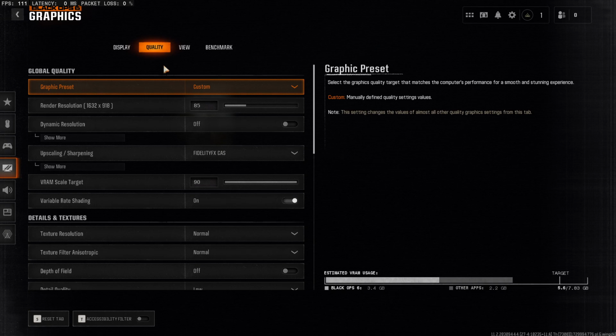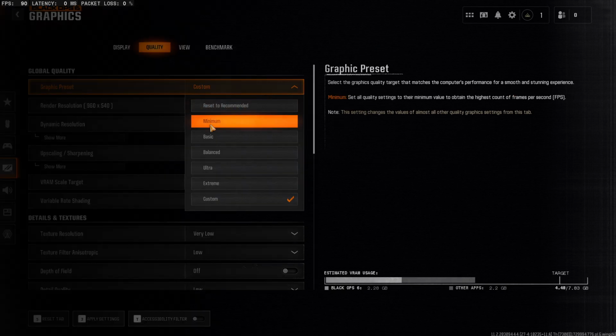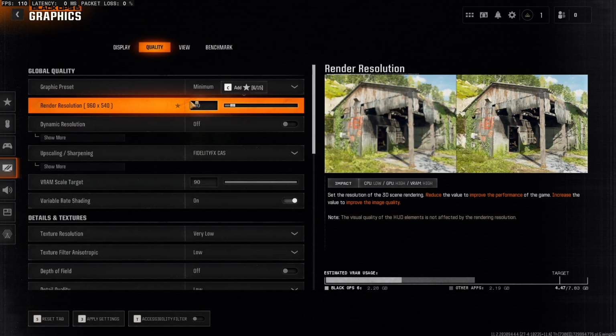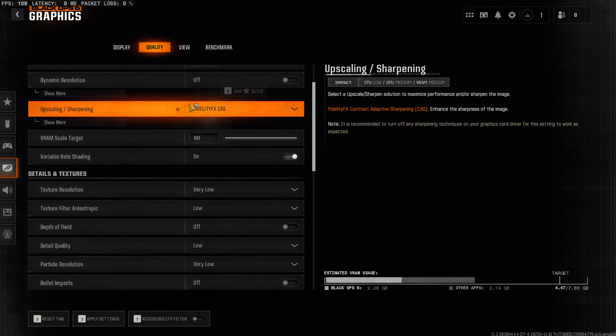Go to quality, and then make sure to set everything on minimum. Set everything on minimum. And the next step, what you need to do here, once you are here,